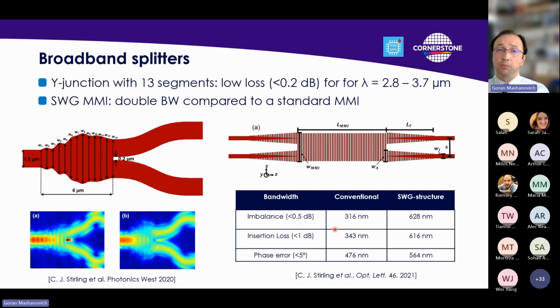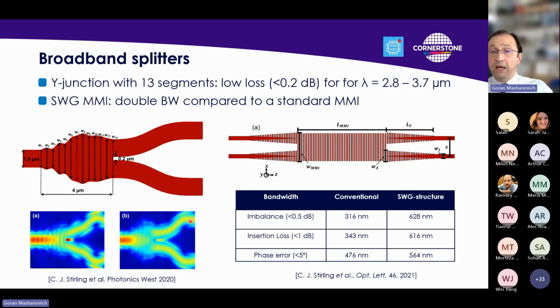We've also done some work on broadband splitters. So again, if we want broadband devices, our splitters should be broadband. So this is an interesting approach where we have 13 segments. So these widths are optimized such that the splitter can operate over almost 1 micron in bandwidth, but also more importantly can be resistant to scattering even if this tip is 200 nanometers wide. So you can see this is a standard Y splitter without these segments. You can see a lot of scattering at the tip, but in our case, not so much scattering. So the loss is actually excellent over